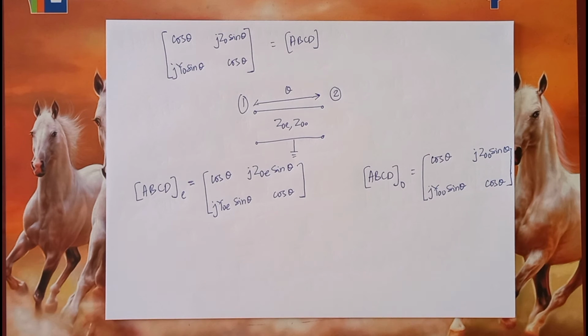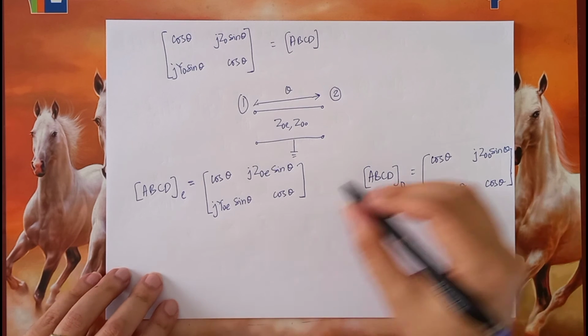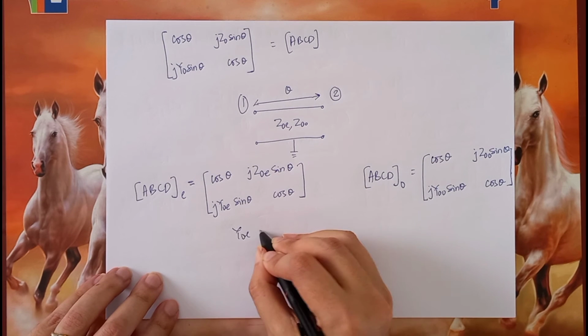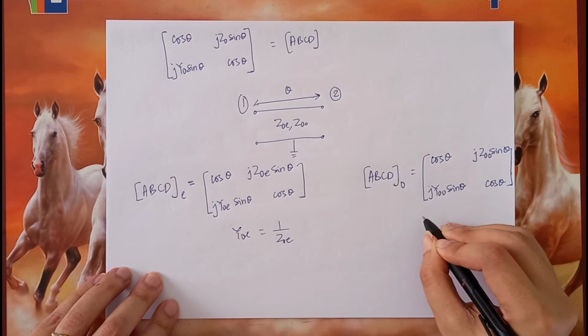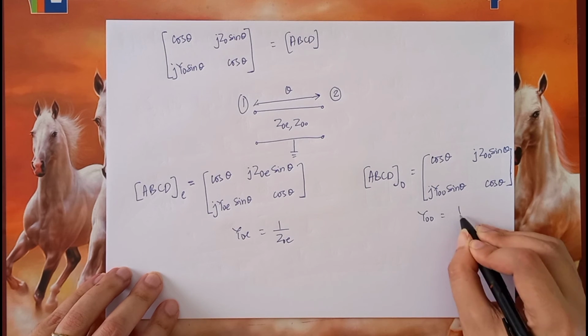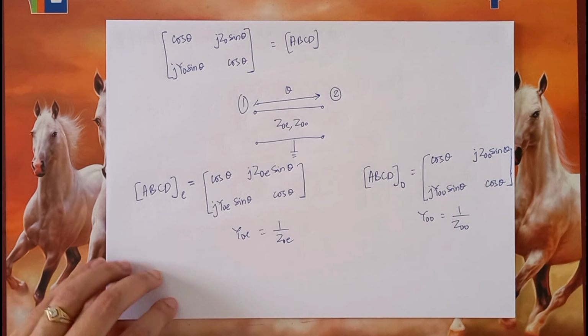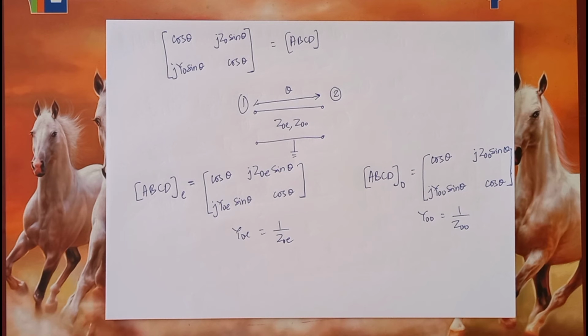Right? Obviously, here Y0E is 1 by Z0E and Y0O is 1 by Z0O. So therefore,